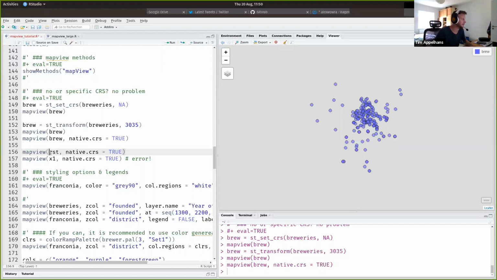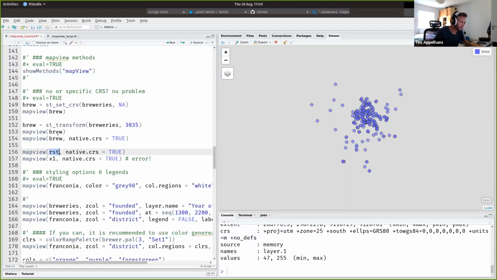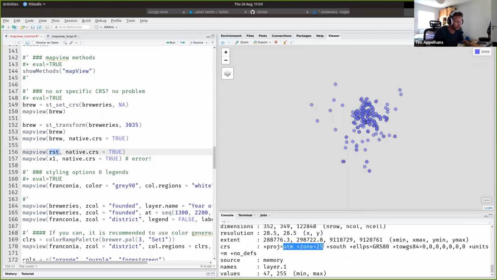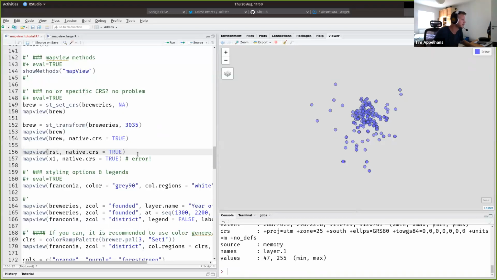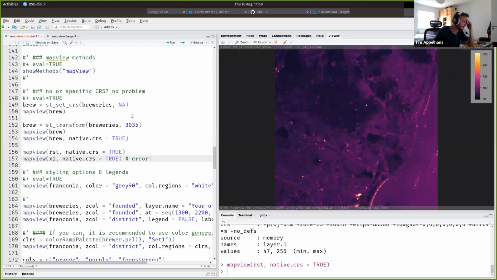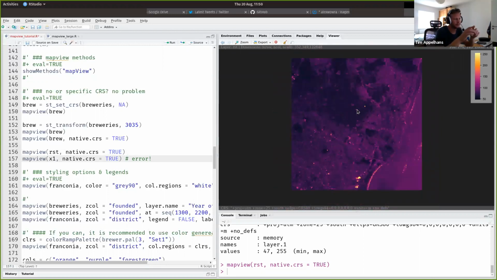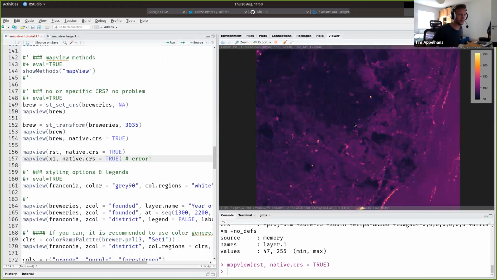Okay. The same is true for rasters. So my raster object has UTM zone 25 south. So if I call that, let's just see it, a raster layer. If I call that, then you basically just get an X and Y array view of this without any background. And this is now not a leaflet call anymore, but it's a tailor-made widget that we wrote that is called plainview. That's a package as well, that's on CRAN,